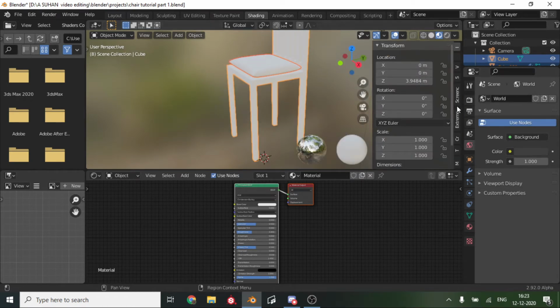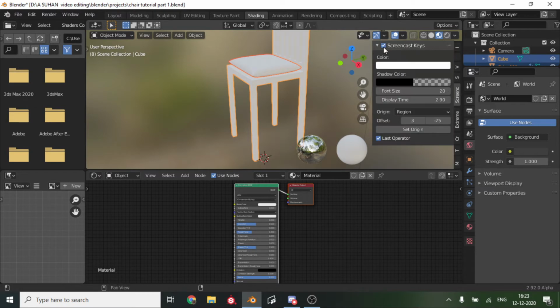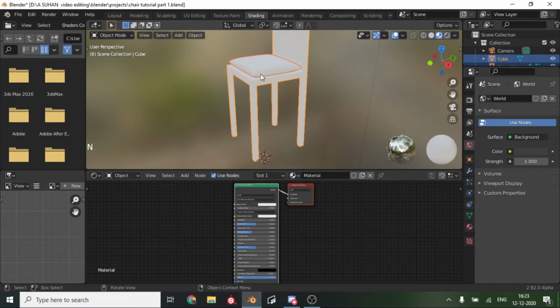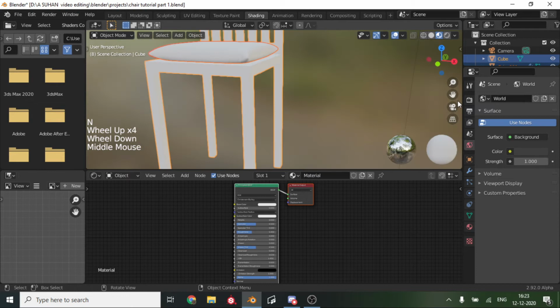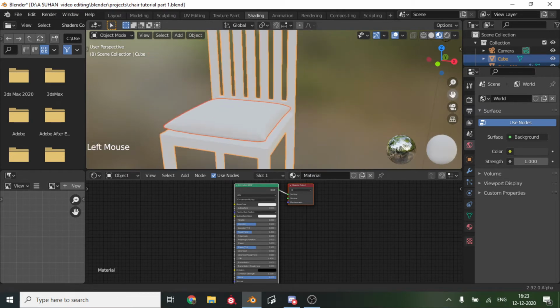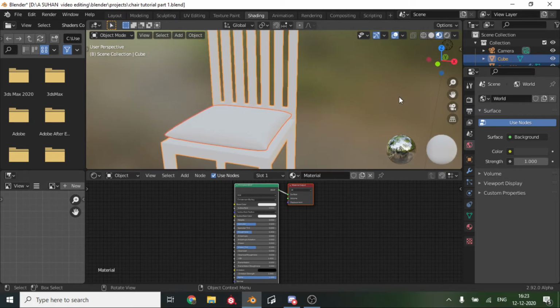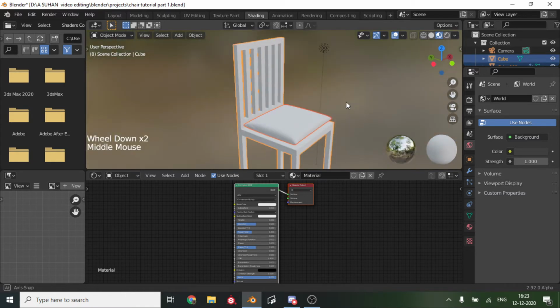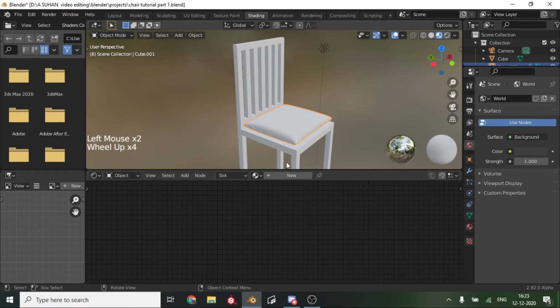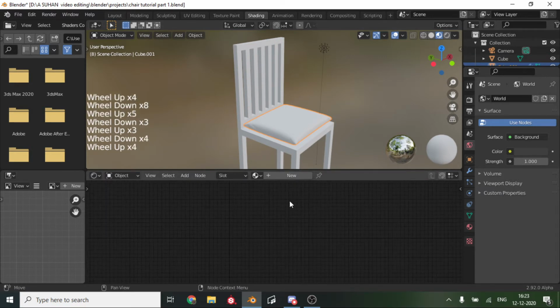So actually there is a way to make it even more realistic, which I will discuss later. But as my PC cannot handle it, it crashes whenever I try it. So remember to save your project before doing that step. If it crashes, then you might need to do everything again. So we want to just select this, and as you can see, there's no texture over here, nothing.